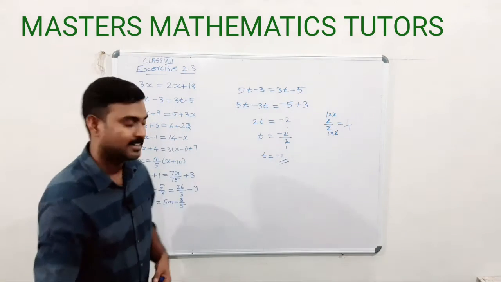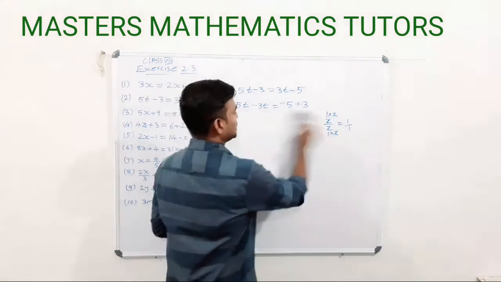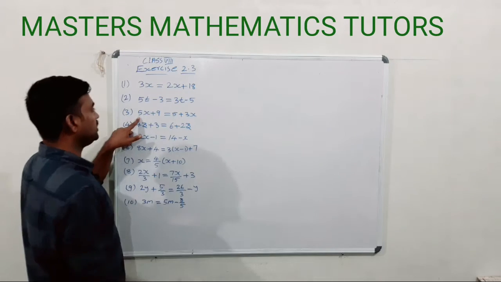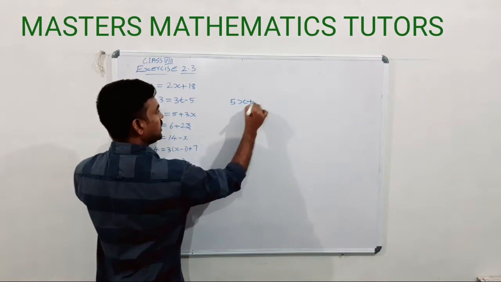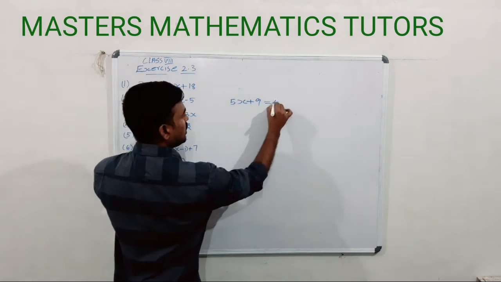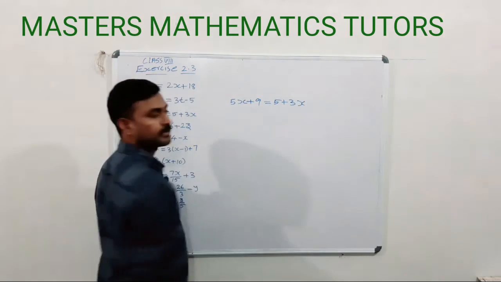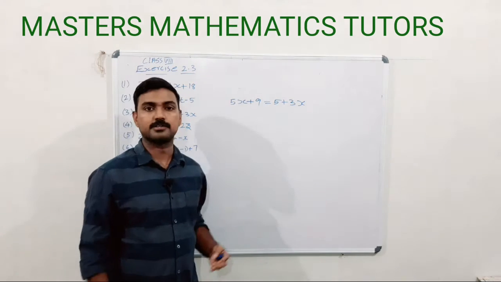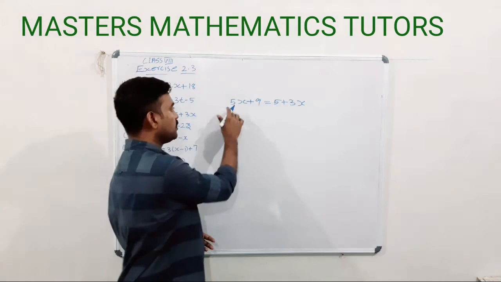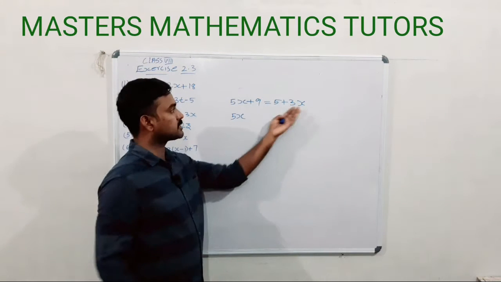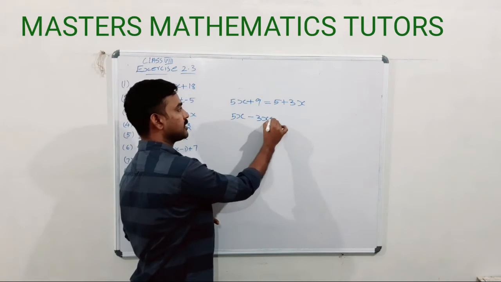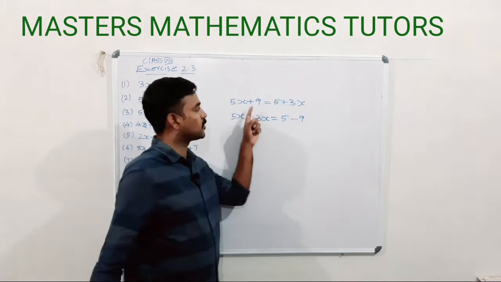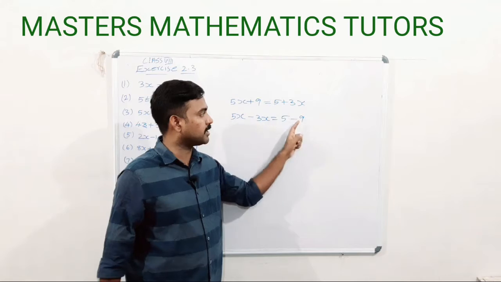Okay? Yes. Now we can go to the third question. Third question, 5x plus 9 is equal to 5 plus 3x. Here also the variable is x, which is standing on the left and right side. So we can bring it to the left side. Already 5x is there and this 3x brought to the left side will be minus 3x, and 5. This 9 transposed to the right side will be minus 9 because here it is plus 9. That will become minus 9.